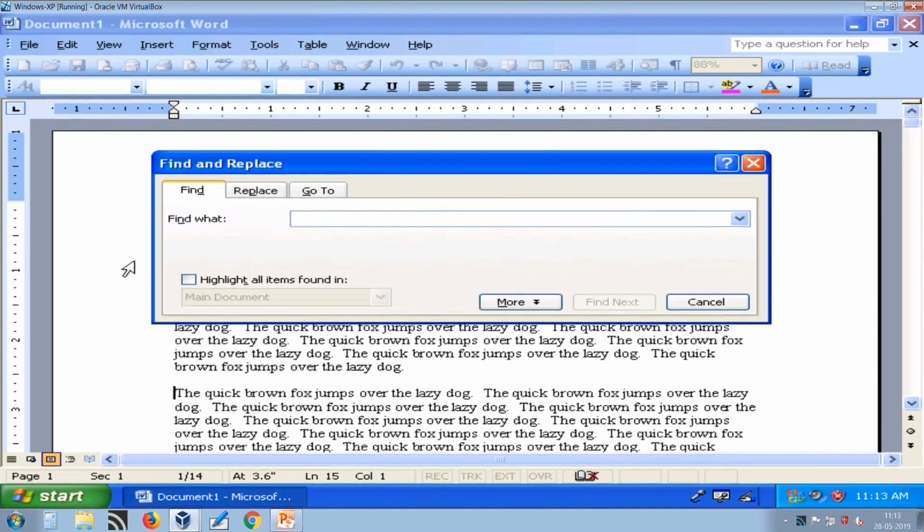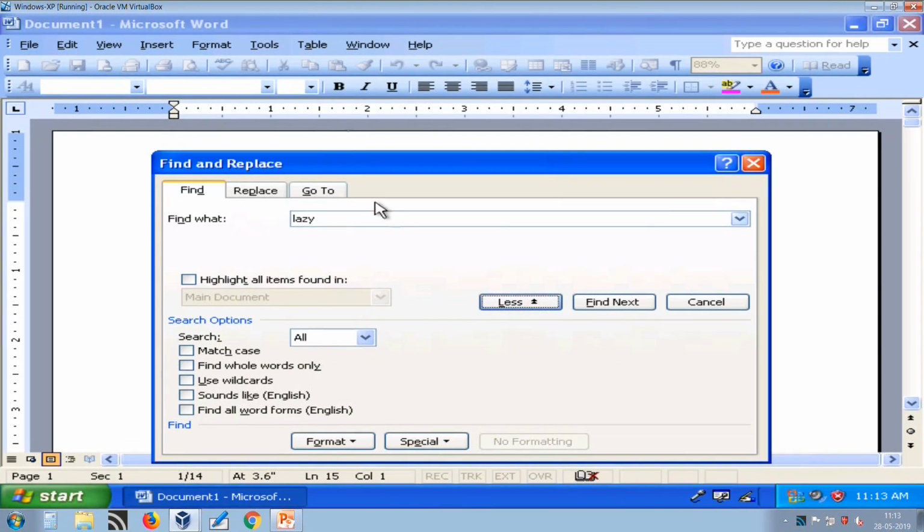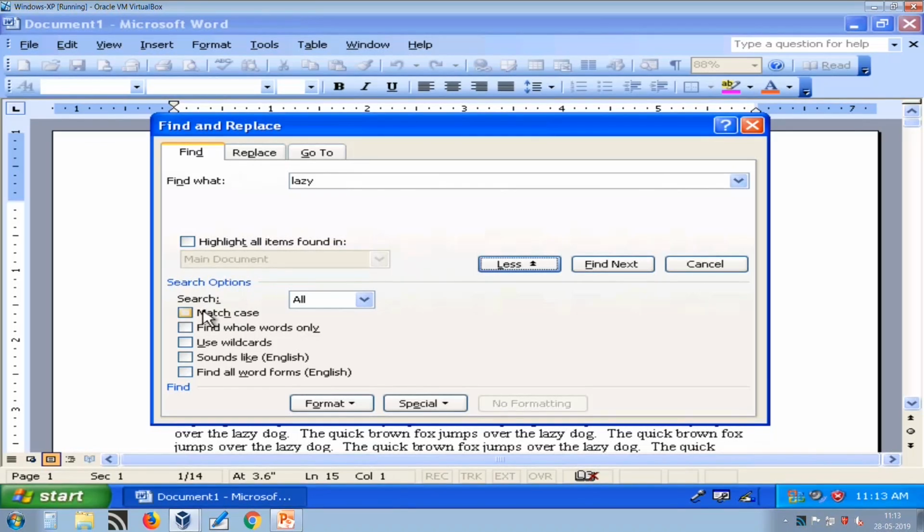Here I am typing lazy. I want to find out how many lazy words are there in my document. Here we have more options. You can specify whether you want to match case, that means your search is case sensitive.